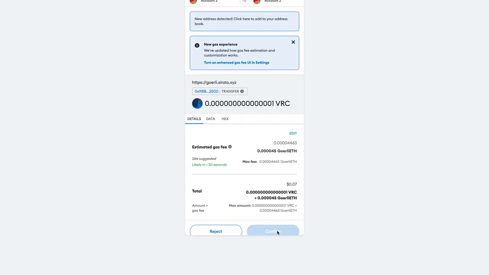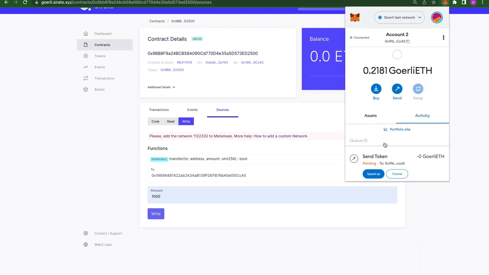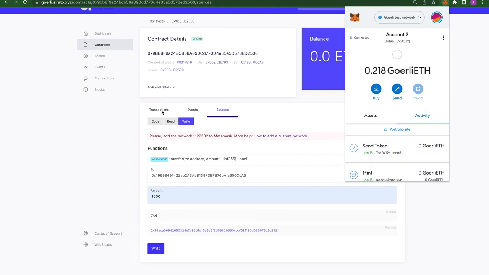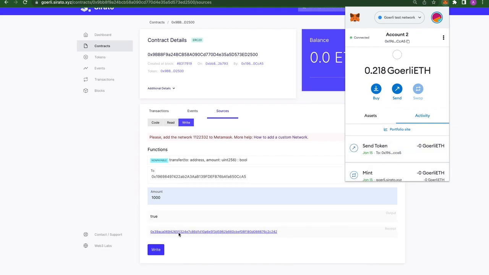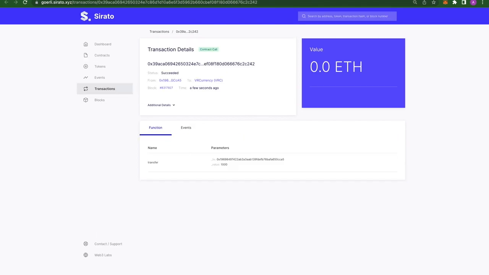Confirm. So I come to MetaMask, I should be able to see that transaction. Send token transaction, and once this is done successfully, you can see this is the transaction hash, and you can find this. Let me open this in a new tab. You can find this here,